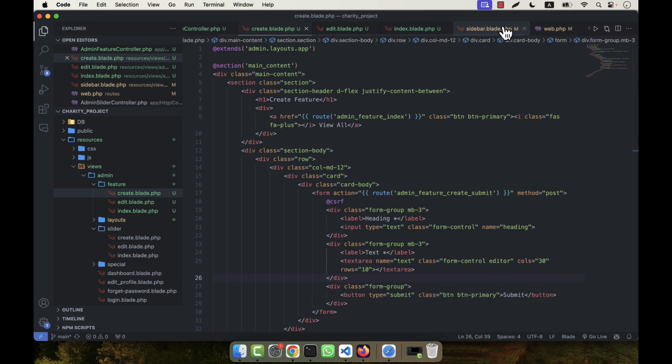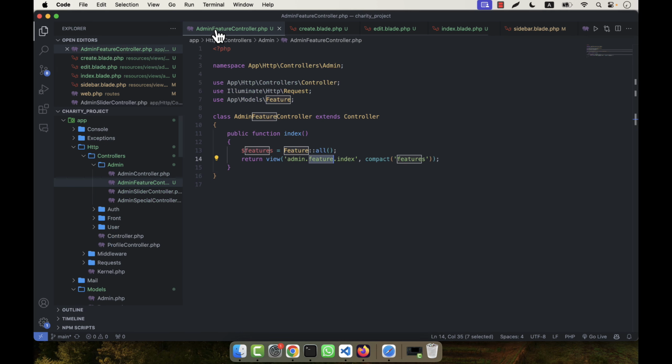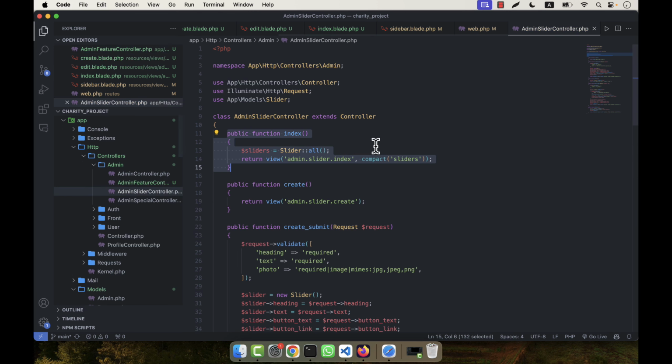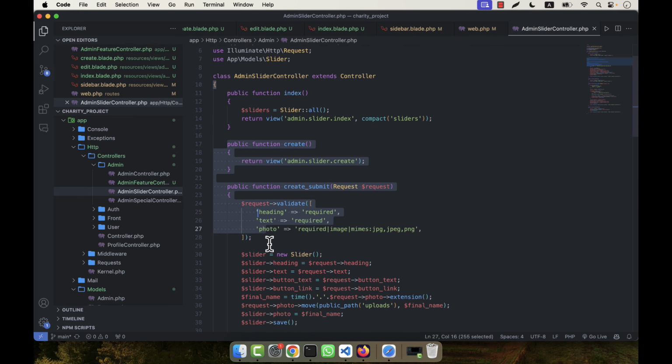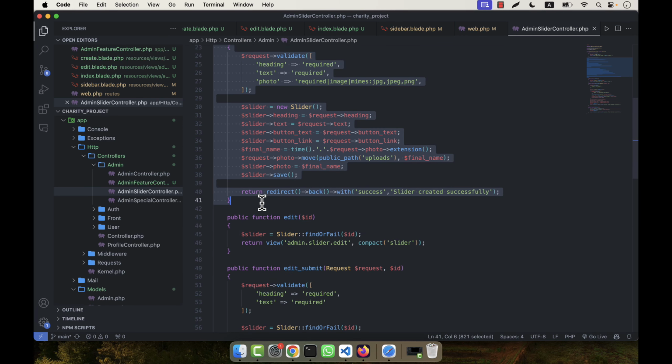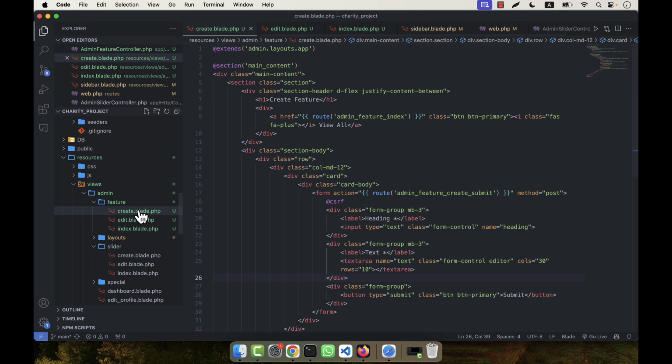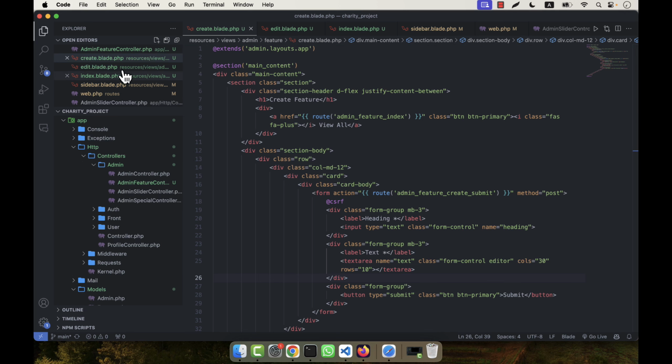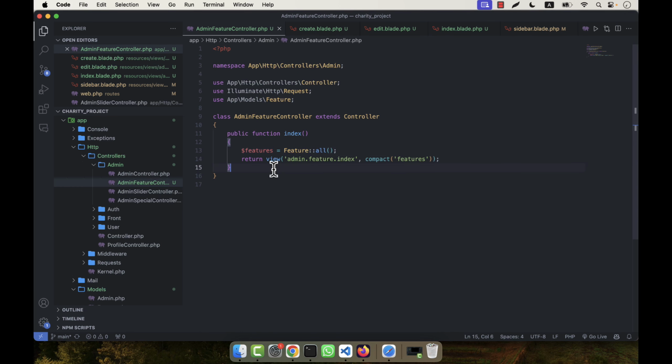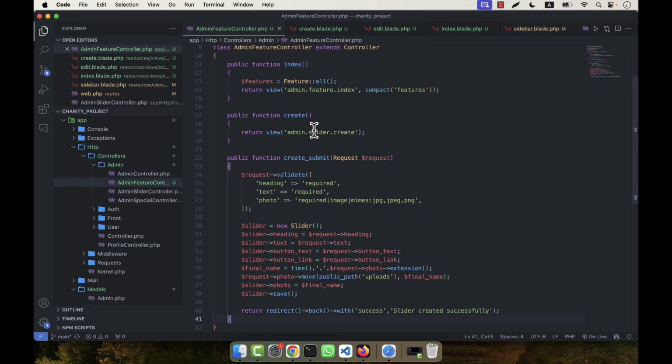If I submit, then it will actually come to the feature controller here. So what I did in the case of slider controller, I am going there and create functions are here, 2 functions. So I am going to copy those 2 from here, and here in my admin feature controller, I am going to paste those, and this will be admin feature create, and when it